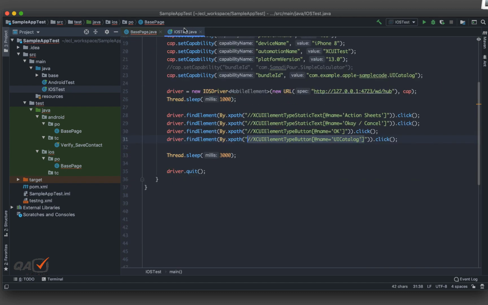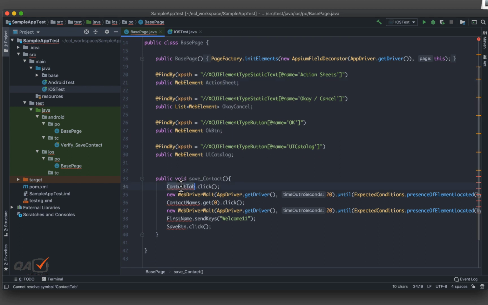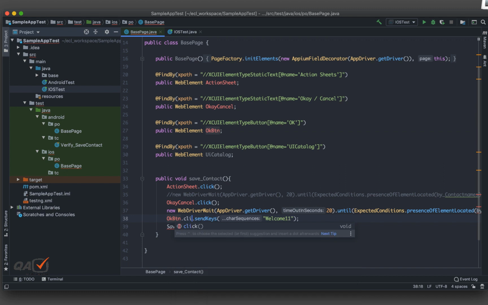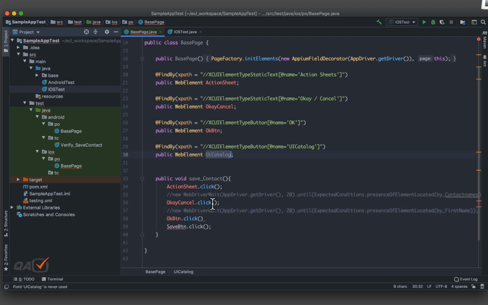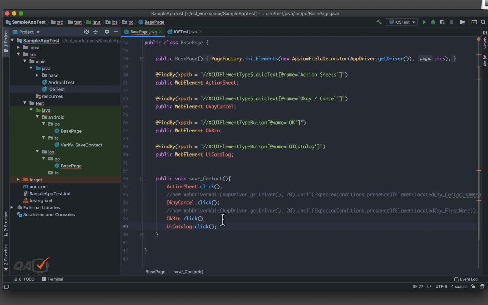Now here, everything is a click. So very quickly I will put everything in. First the action click, and no need to wait because, as we have observed, it was so fast, so I can directly keep on going. And this is not a list, this is normal, and then OK button dot click, OK button dot click, and these things, wait is not required, and then UI catalog dot click. I'll give a Thread.sleep. Oh, not here, in the test case we will give that, so no need to worry about that. Okay, so 4 clicks, and here I will say